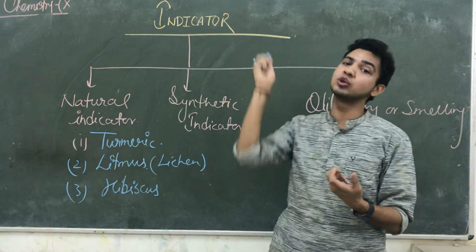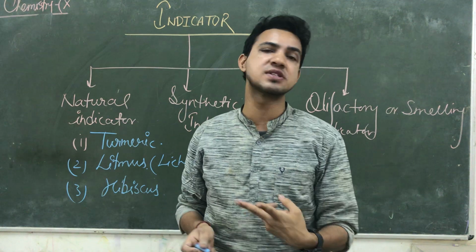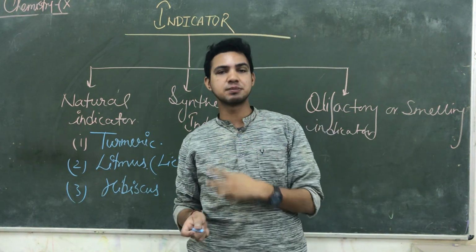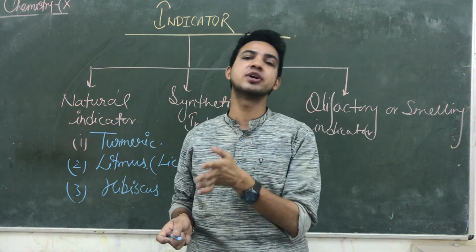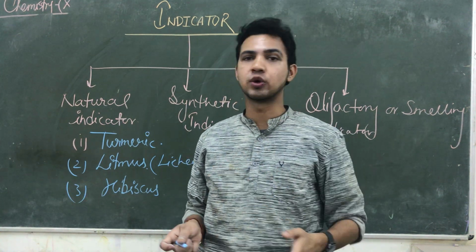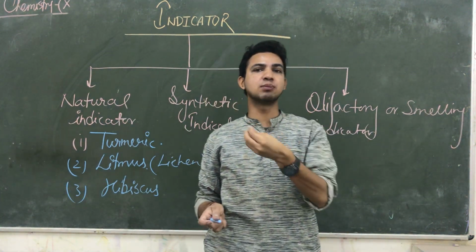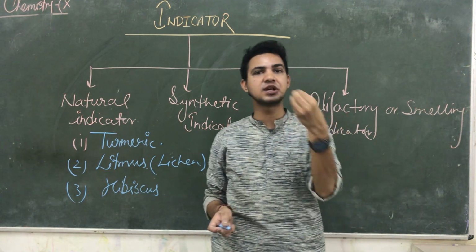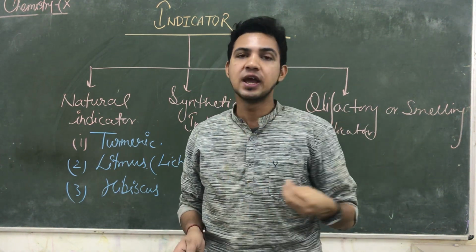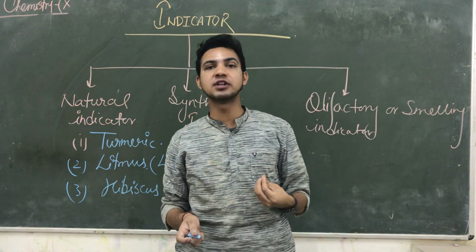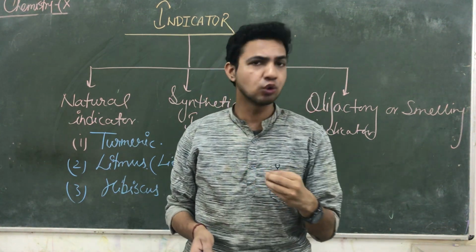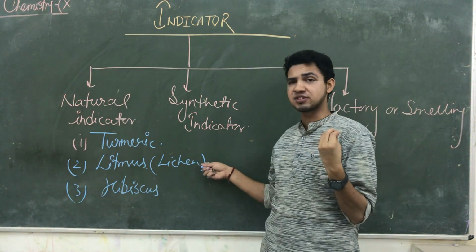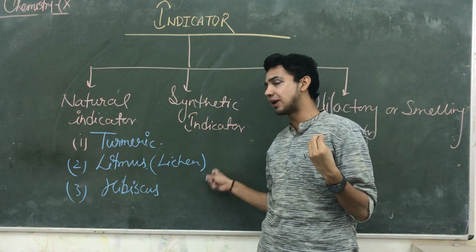Litmus paper, you know the use of litmus. There are two types of litmus, blue litmus and red litmus. Blue litmus is helpful to detect acids, and red litmus is helpful to detect bases. When blue litmus comes into contact with an acid, it immediately changes its color from blue to red, and when red litmus comes into contact with a base, it immediately changes its color from red to blue. This substance is obtained from a lichen.